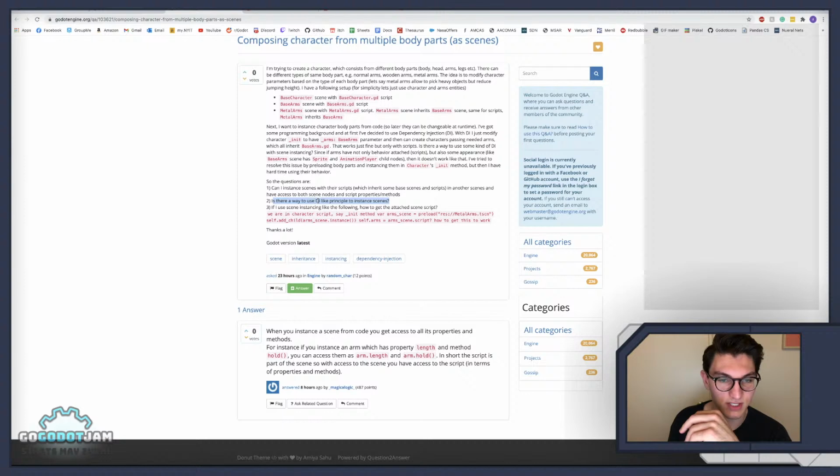Is there a way to use DI like principal and instances? So I still don't understand what DI is. Dependency injection. I just modify character init. So you shouldn't need to use the init function ever. But okay. The init function is like the ready function if you don't know, except that it's called